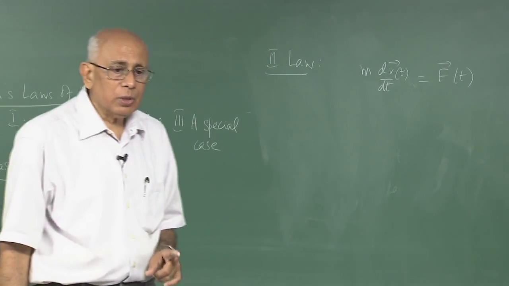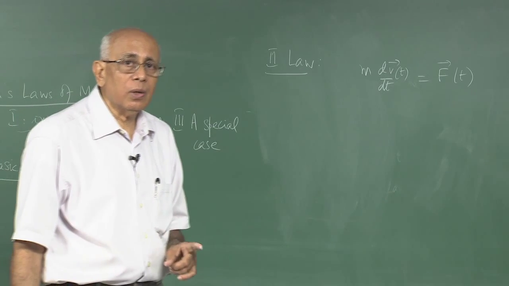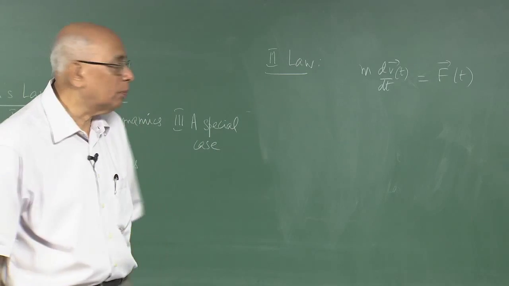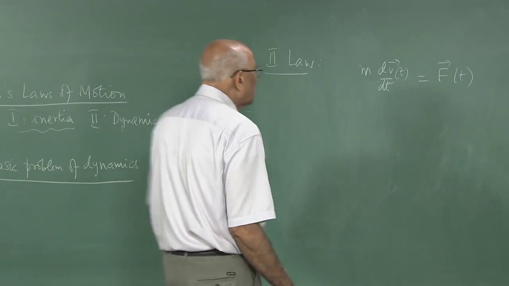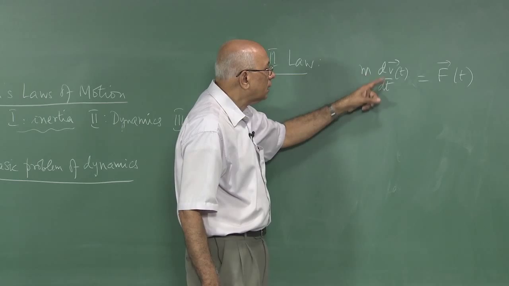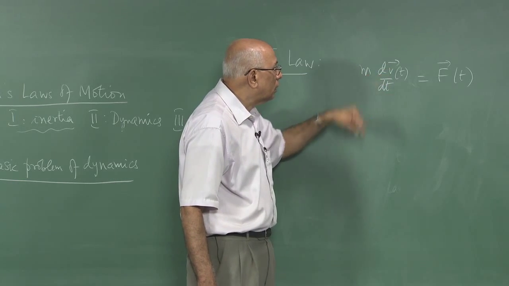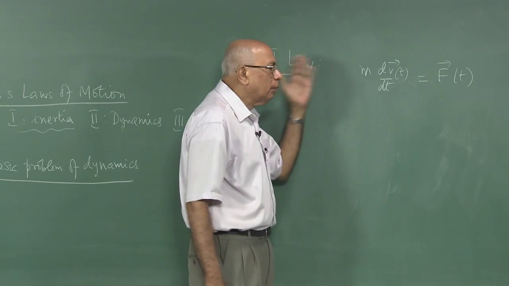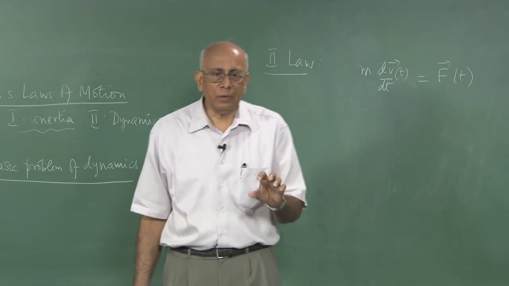The force is proportional to the acceleration and not the displacement. The force is not proportional directly to the velocity. This is very important. It says a force causes a change in the velocity, and the rate of that change is dV over dt. This quantity, the acceleration, is multiplied by a certain constant property of this object called